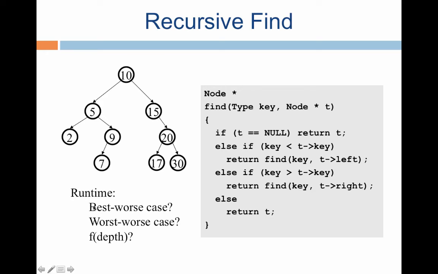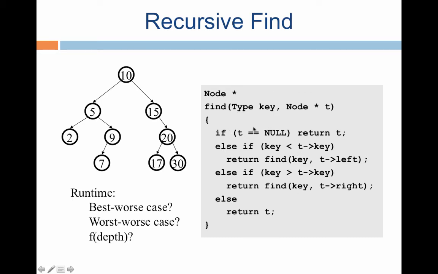As opposed to the earlier lectures, in this lecture I am putting out questions that you can think about. What is the best running time possible? What is the worst running time possible? And how is this connected to the depth of the binary search tree? So what is the find function? As you can recall from the dictionary ADT, the find function takes an argument which is a key and a pointer to the tree, and returns a pointer to the node that contains the key. If the return value is null, it means that the key is not present.